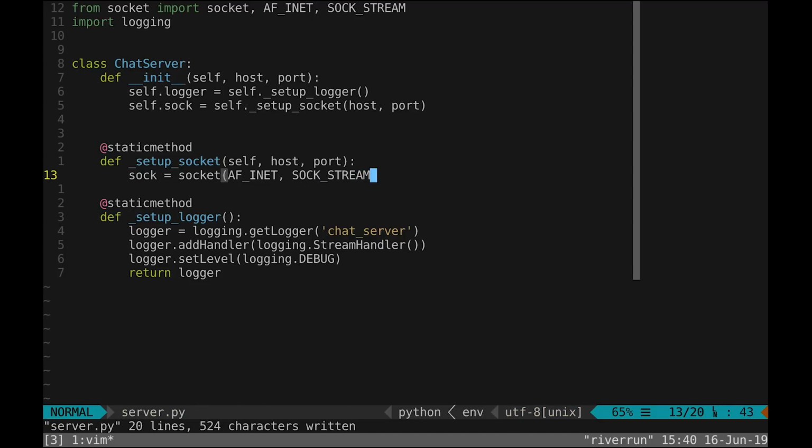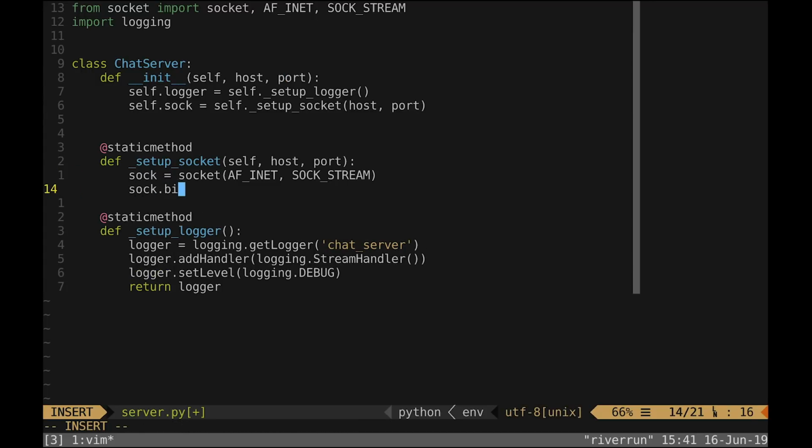that this is going to be a type of socket that accepts basically like a byte stream of data. So the AF_INET just allows us to connect to a socket using a standard sort of internet protocol. What's going to allow us to actually provide the host and port format to connect. So now we can call sock.bind, and this actually expects a tuple here, so we can say host and port,